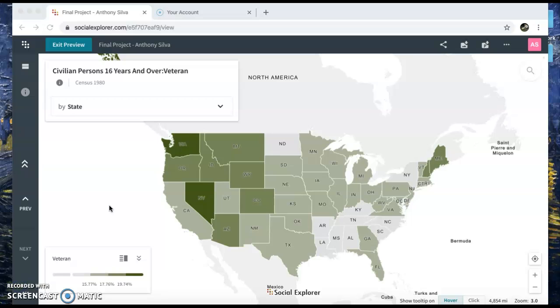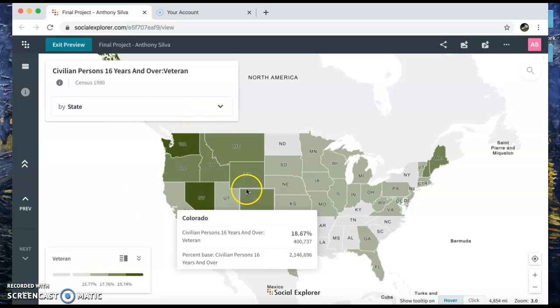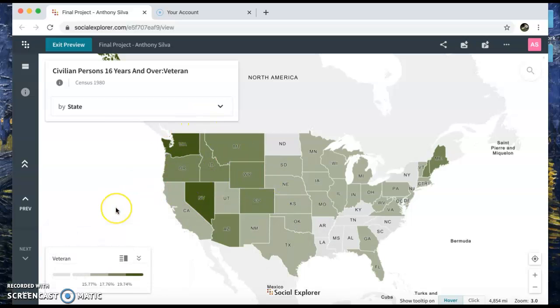So yeah, here we did the percentage of veterans per state who are 16 years and over. So this one was tricky. I didn't really get what I thought I was going to get. I expected to see the South have a lot of veterans, and they didn't, or a lot of veterans per capita, should I say. And what I got, which I wasn't shocked by this out here in the West,